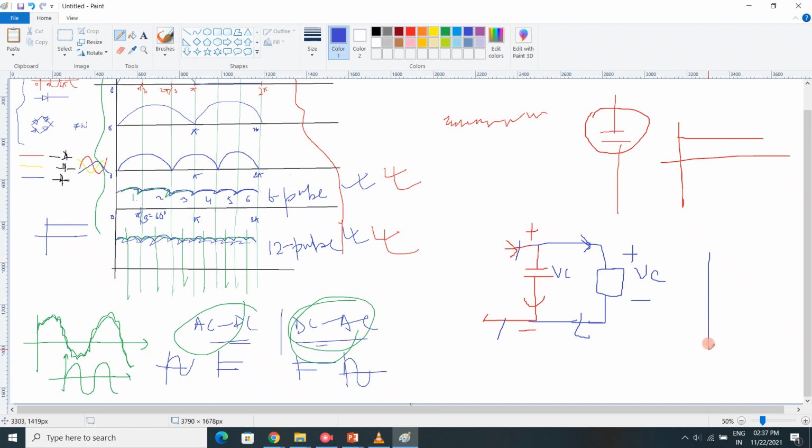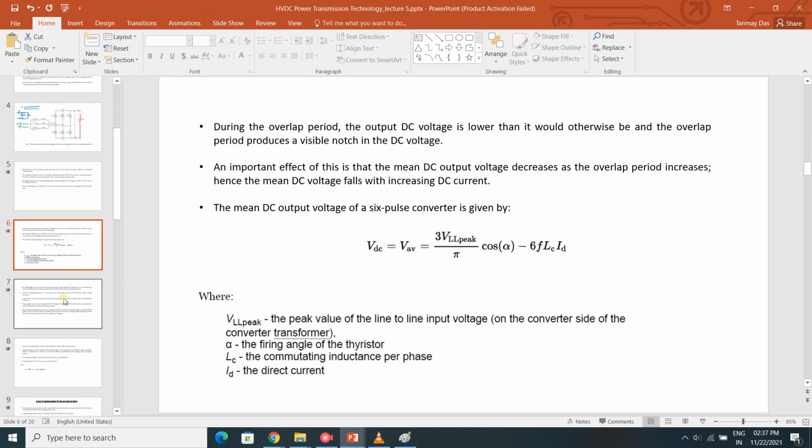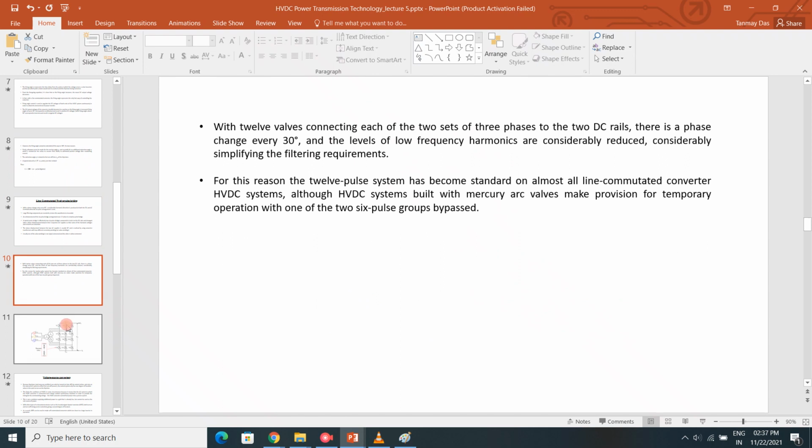But if you disconnect the supply and the capacitor discharges, then you will get a discharging voltage like this, which you have already studied in circuit theory. But since the supply is continuous, the capacitor is never fully discharged. It is charging and discharging simultaneously. That is why you are getting a smooth curve like this, a straight line, because charging and discharging take place at the same time. So this was the basics of 6 pulse and 12 pulse LCCs.